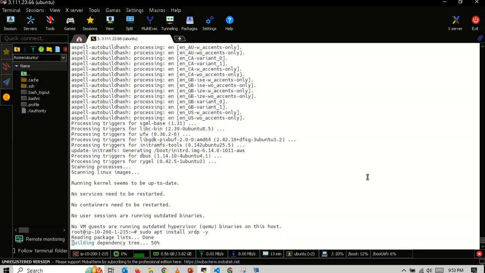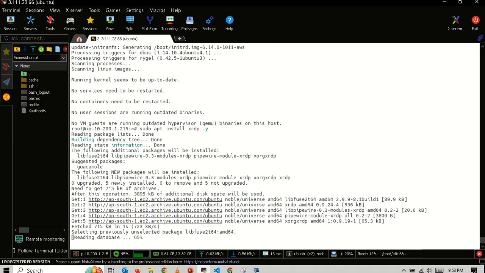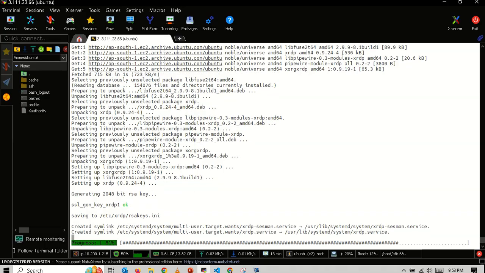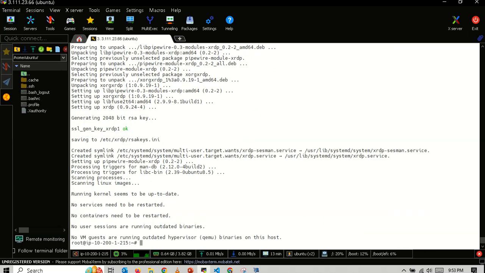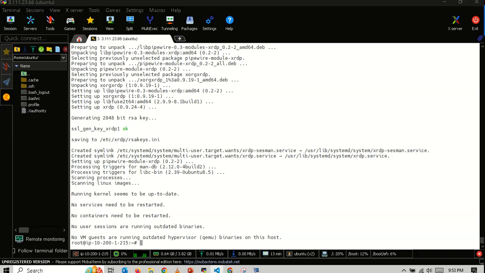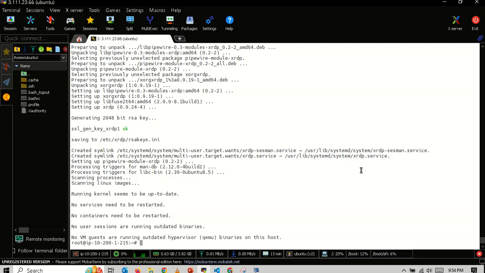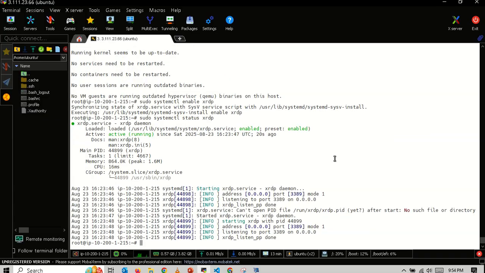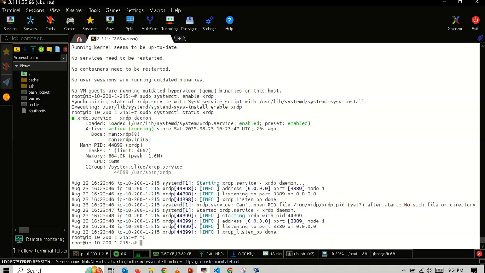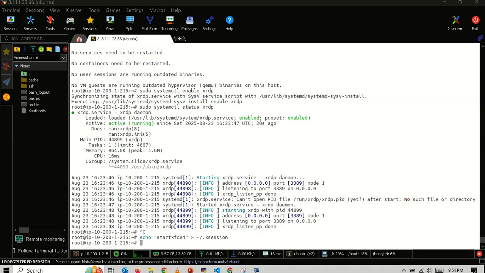Let's install this package. After this, let's enable XRDP and let's see if it started. It started. Let's configure XRDP to use XFCE. This is the command for that. Once this is done,